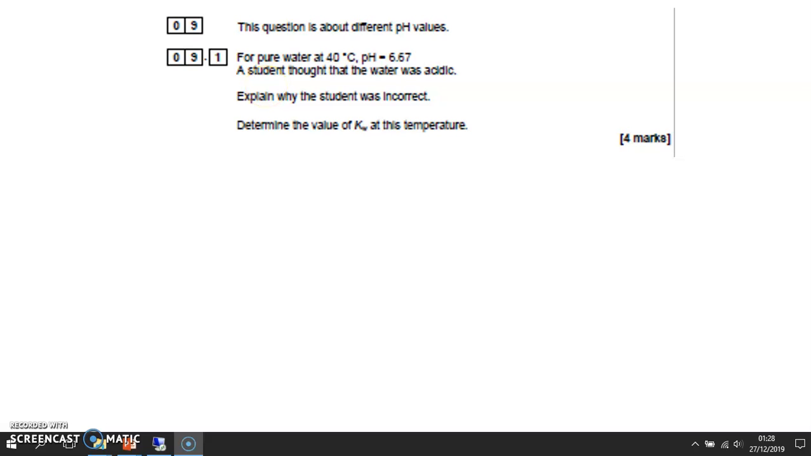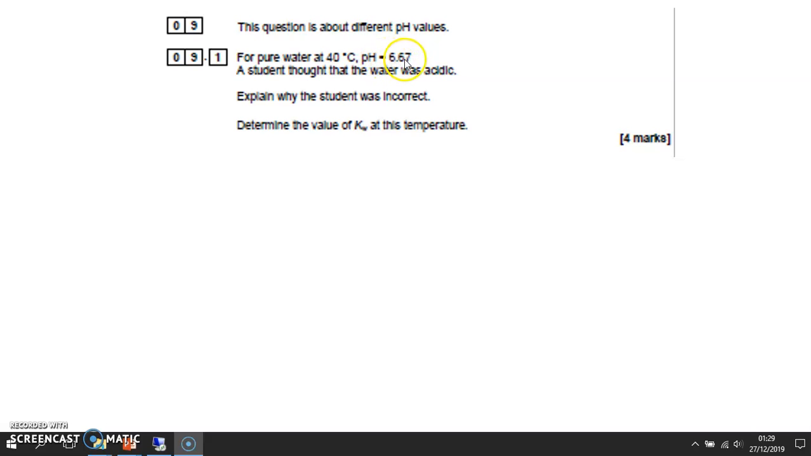Question 9. This question is about pH values. 9.1 for pure water, 40 degrees C, pH 6.67. A student thought the water was acidic. Presumably the student thought the water was acidic because the pH was less than 7, but the pH tells you